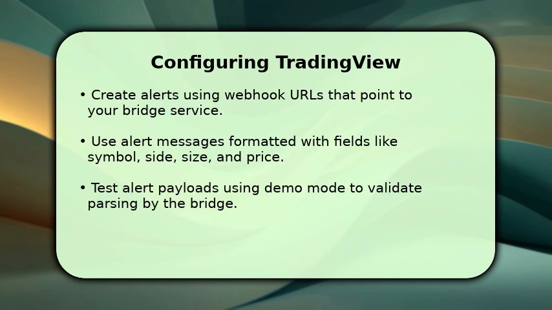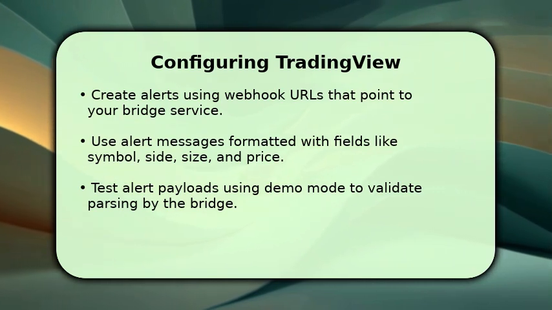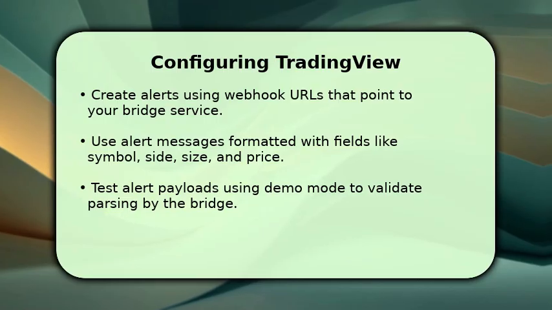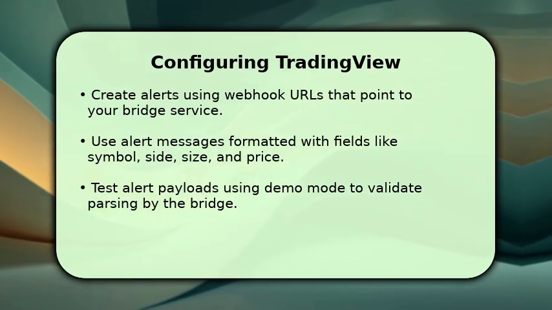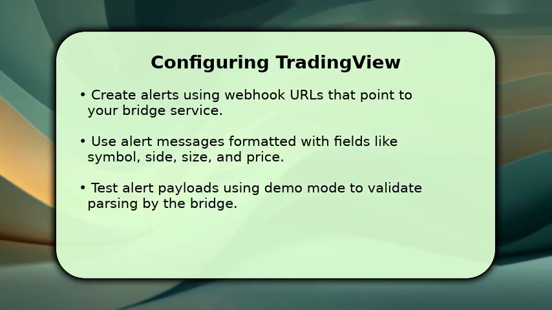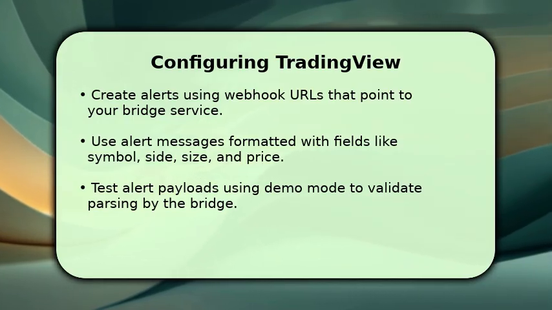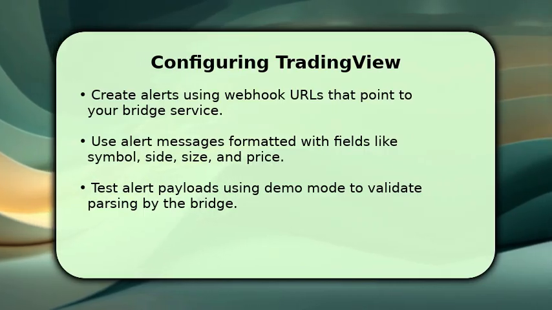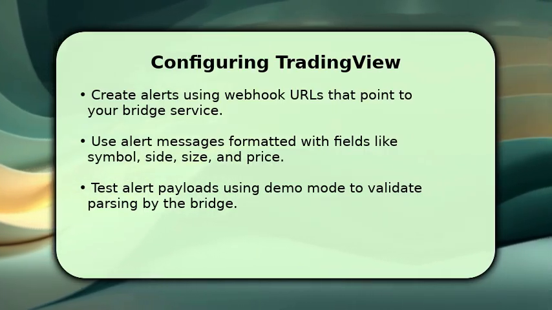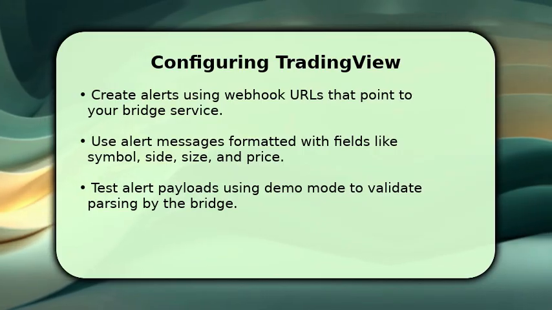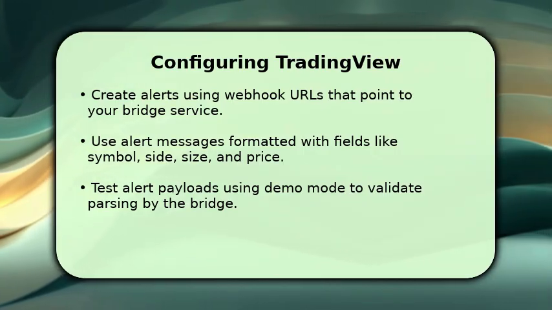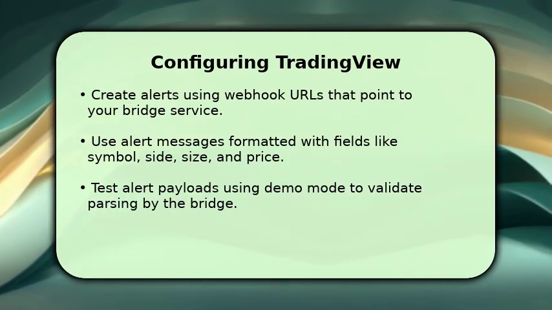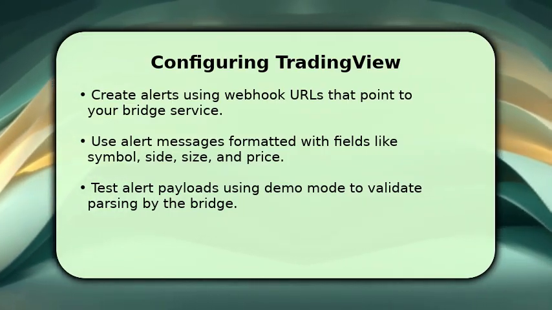In Tradingview, build alerts that include webhook URLs pointing to your bridge endpoint and format the JSON payload with symbol, side, size, and price fields. Ensure the symbol naming matches the MT5 instrument exactly to avoid order rejections. Use Tradingview's alert test feature to send sample payloads and inspect bridge logs. Adjust the payload format and retry until the bridge accepts and forwards the sample orders to your demo MT5 account